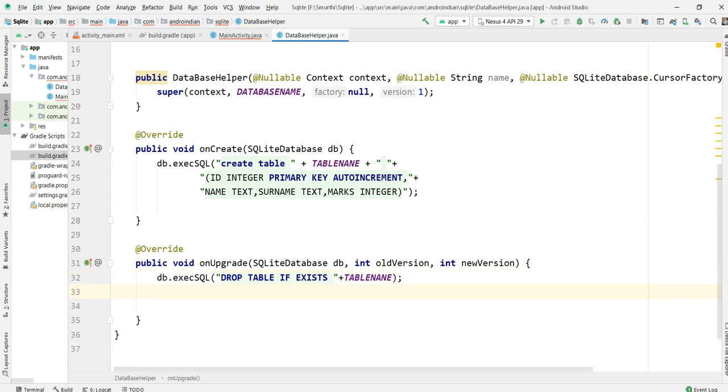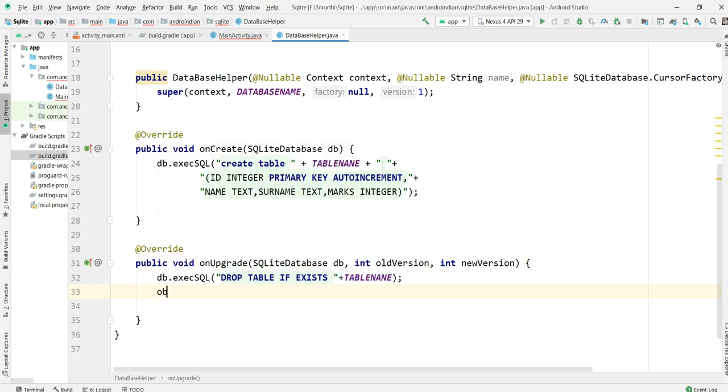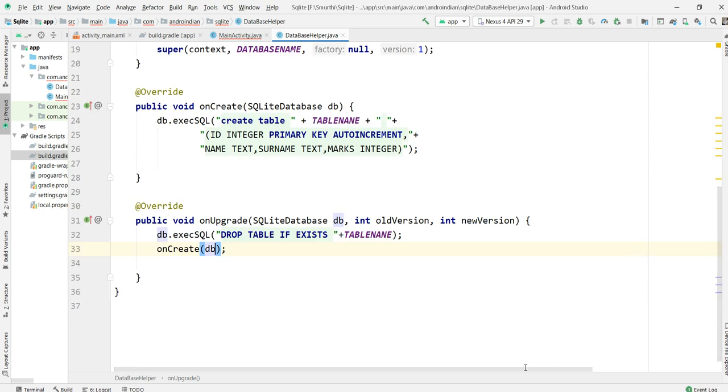And after that what I am doing here is simply calling this above on create. It's not always required, but whenever a table upgradation has happened, that time only it's required. So now table creation is completed. Then once this table is ready, now I want to do all CRUD operations. First I want to insert the data into this.